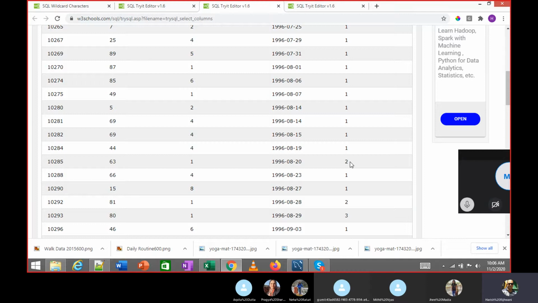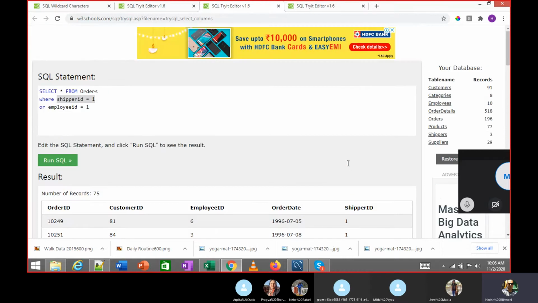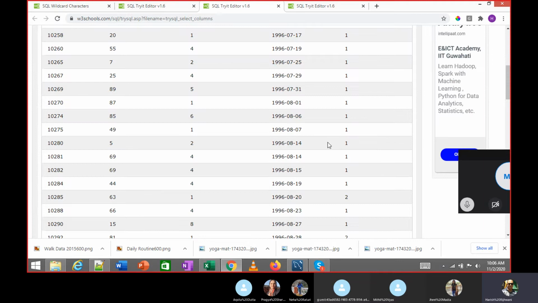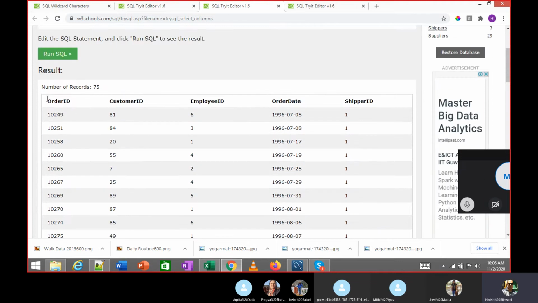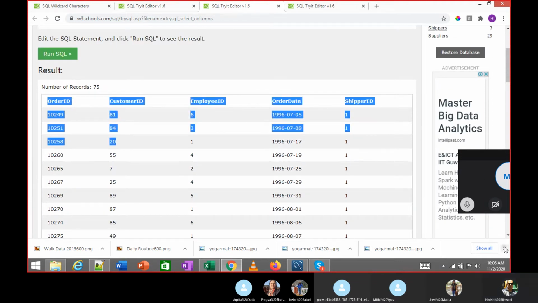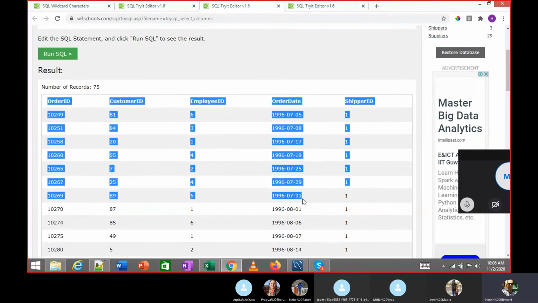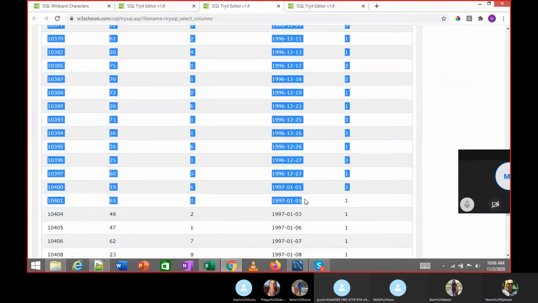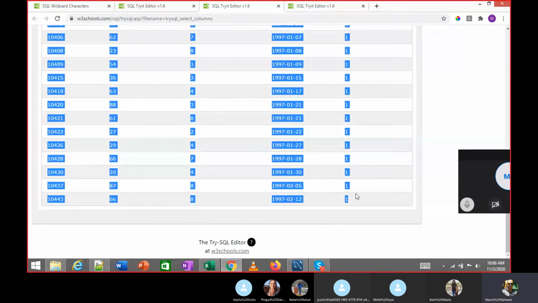But you also find records where shipper ID is not equal to 1. That will be the condition where the employee ID is equal to 1. I can copy this, by the way. Let me copy this to an Excel file.